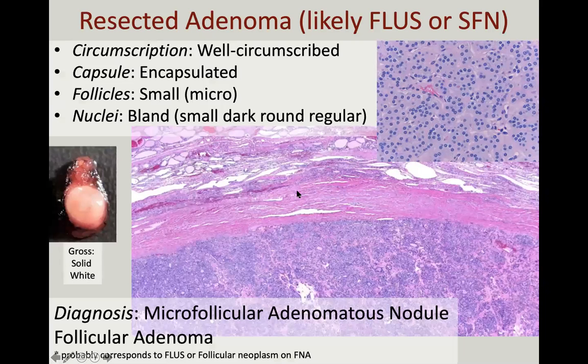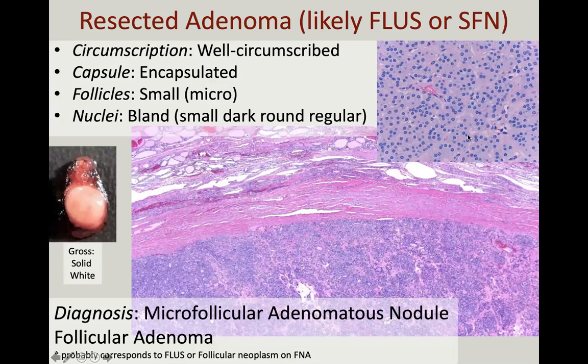So what do these things look like on histology? So this would be a follicular adenoma that likely was diagnosed as either a FLUS or a suspicious for follicular neoplasm on FNA. You can see histologically that it is very well circumscribed. In this case, it does have a thick collagenous capsule, but what you might expect based on looking at the